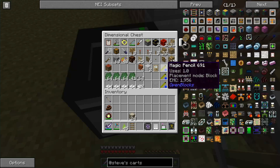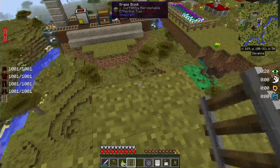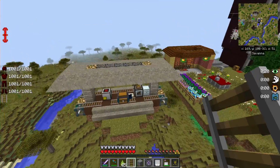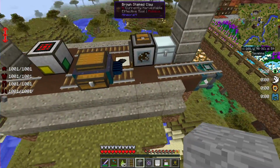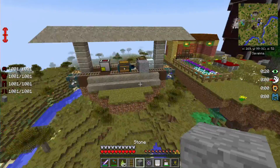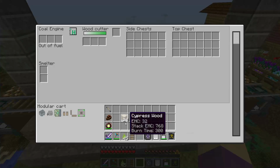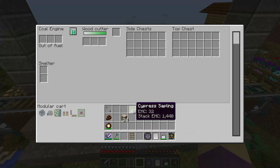I need a block, any block. Oh, actually, wait a minute. No, that's supposed to go there. I'm just going to get a random piece of stone. Gonna put one there, and put one there to teach it a lesson. So I put these in the woodcutter, I think. I don't know if it's going to take these. It might not take these because it might not count these as...